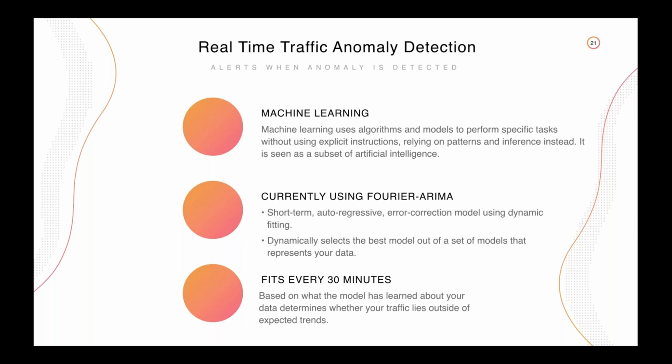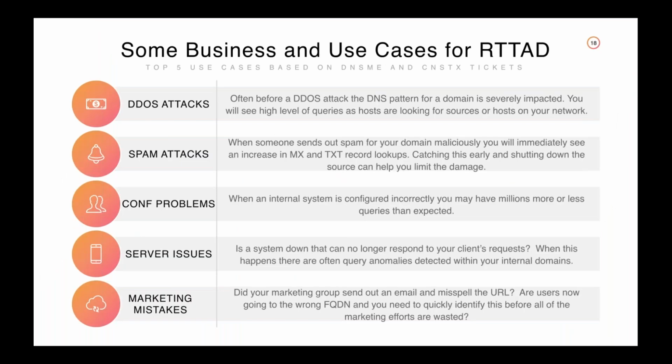And those are the fits that are done every 30 minutes. We then make that decision and determine what is an anomaly and we alert you on it. Really, for these business cases here, it's perfect, right? You're now going to be in the loop. Something that never before in the industry has anyone ever done is to give you these analytics, give you the logging, give you the statistics, and now give you the alerts when your traffic is changing based upon machine learning,